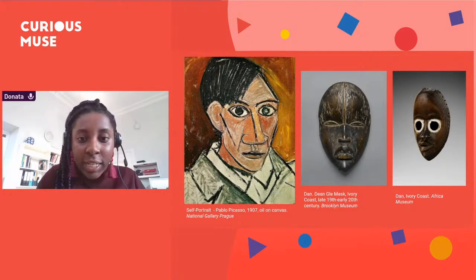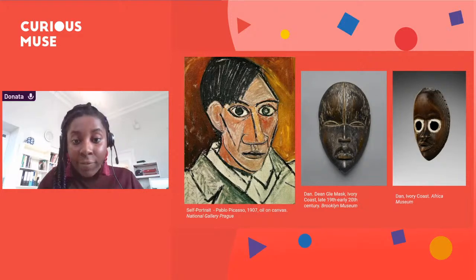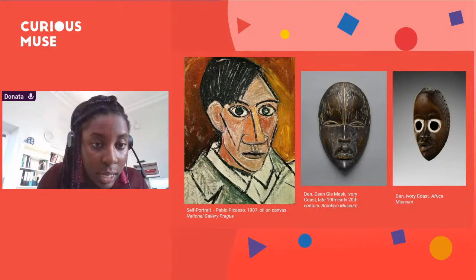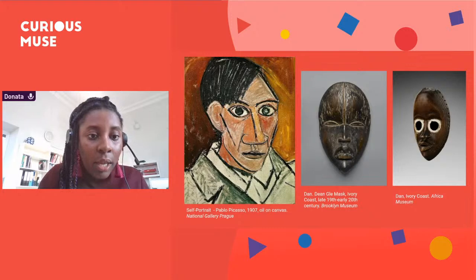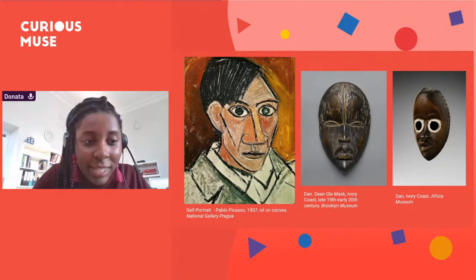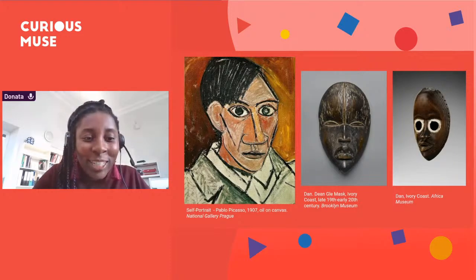So I'm going to just read a bit from him speaking about his experience going to that museum, seeing the African art and how that transformed the way that he painted from then onwards. He said, when I went for the first time at Andre Derain's urging to the Trocadero Museum, the smell of dampness and rot there stuck in my throat. It depressed me so much I wanted to get out fast, but I stayed and studied.